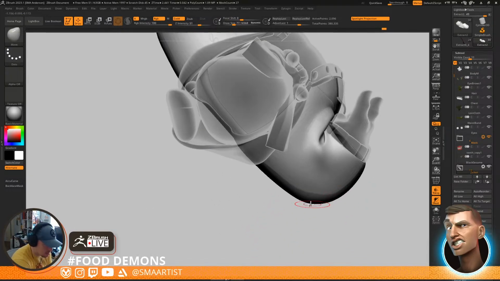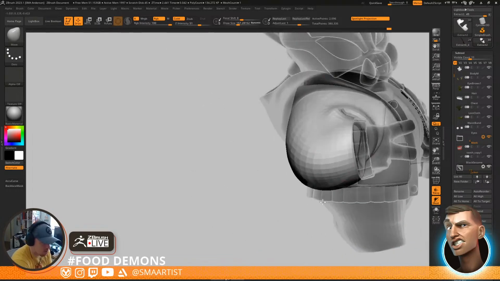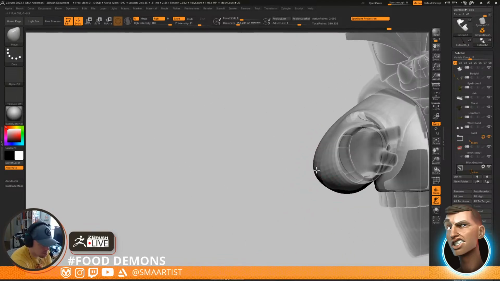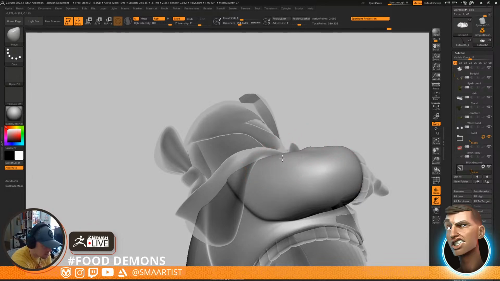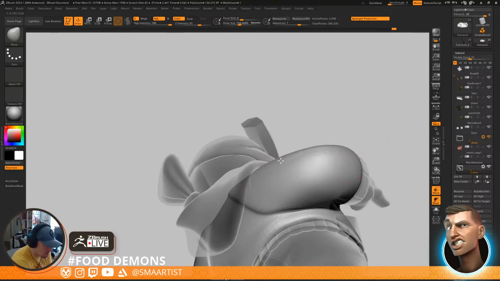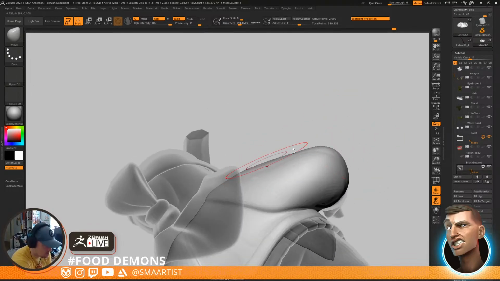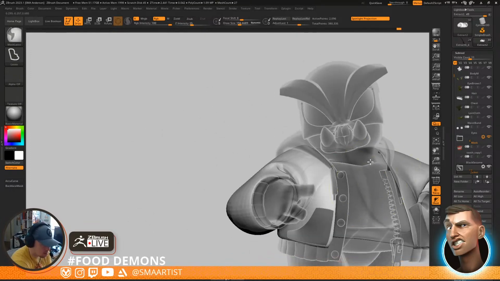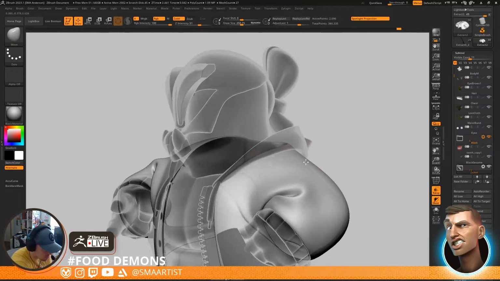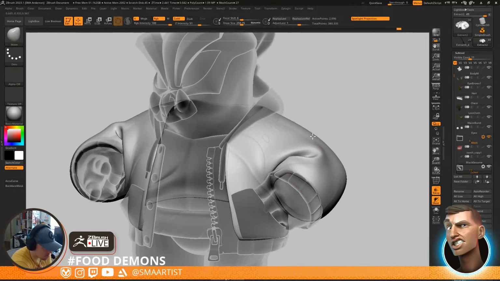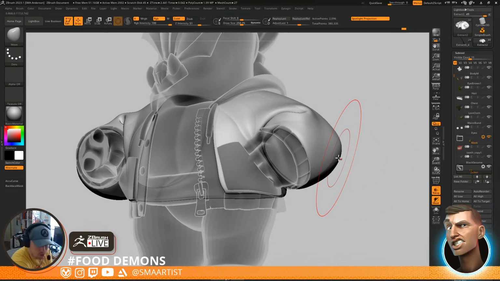Now let's see. Let's get this to make more of an elbow shape. You see it's really puffy right here. There's a lot of volume going out. So I'm going to try to get this to come down. And I still want it to feel puffy, so I'm not trying to get rid of the whole volume, the whole form. I just want to, you know,